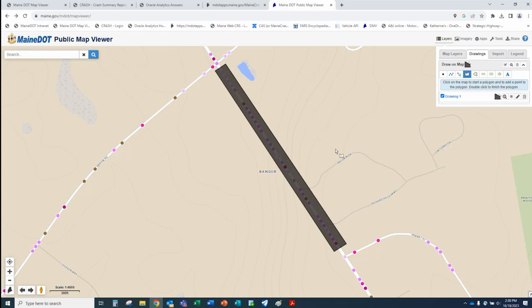Now, I like to leave the layer on when I'm doing this because I want to make sure that I get all the crashes that I'm looking for. Basically, I'm looking to get the crashes for this particular road. I've got 10 years' worth of data here, from 2013, currently to 2023, so 10 years plus.